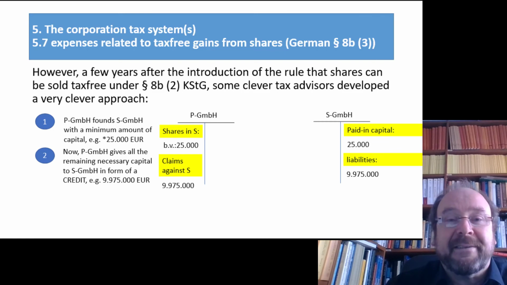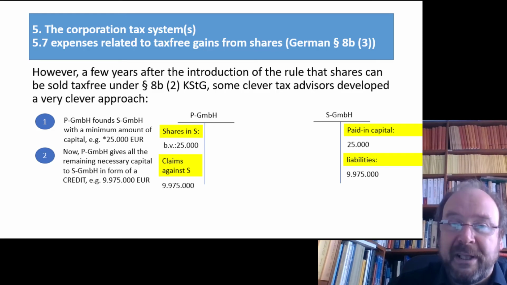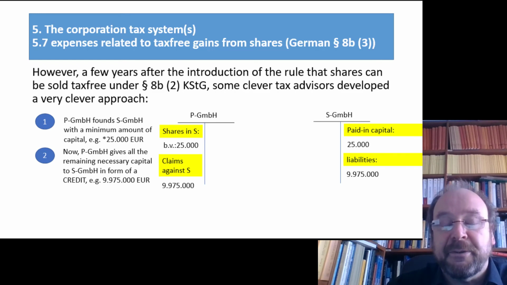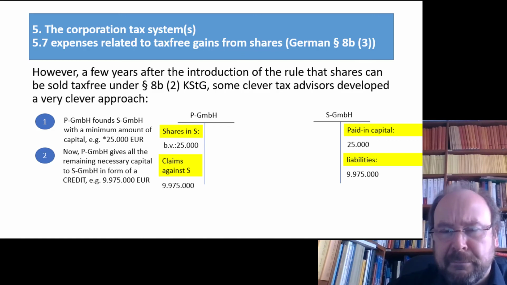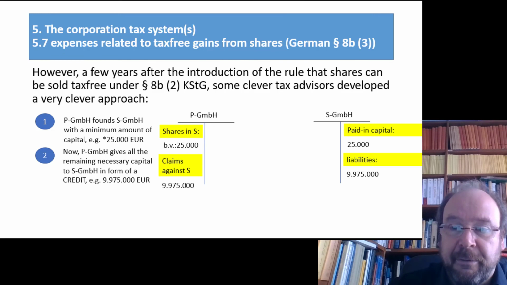Well, the credit claim is fixed. You have a claim to 9,975 thousand. You have them paid back. There will be no effect if the situation of S gets better. The only thing which constantly will increase in the market value is the shares. So in that case, if you really have 500 million value of the firm, nearly all the 500 million will be combined with the shares. You sell the shares, you make a profit of 500 million, it's tax-free. That's at least the simplified version.